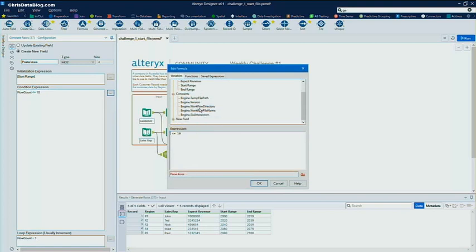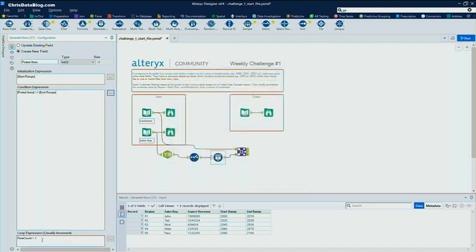So we want the postal area to be less than or equal to the end range. So we add that in. So we have postal area less than or equal to end range. Click OK on that, and then our expression will loop through. So what we'll end up doing is adding one. Here it had row count because that's what it defaults to. But if we add in postal area + 1, if we now